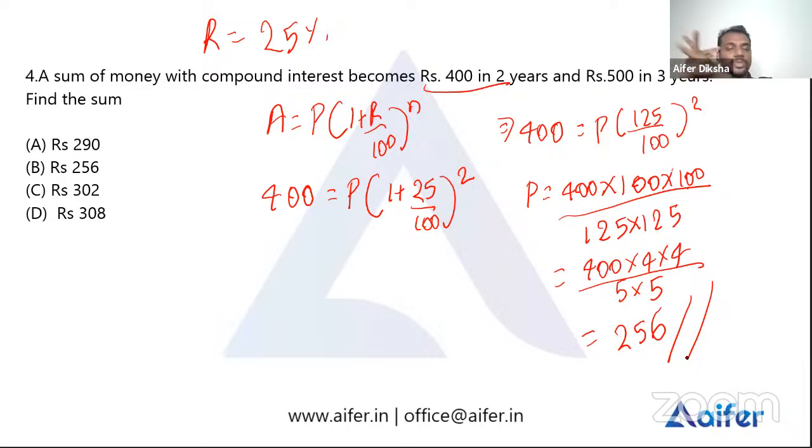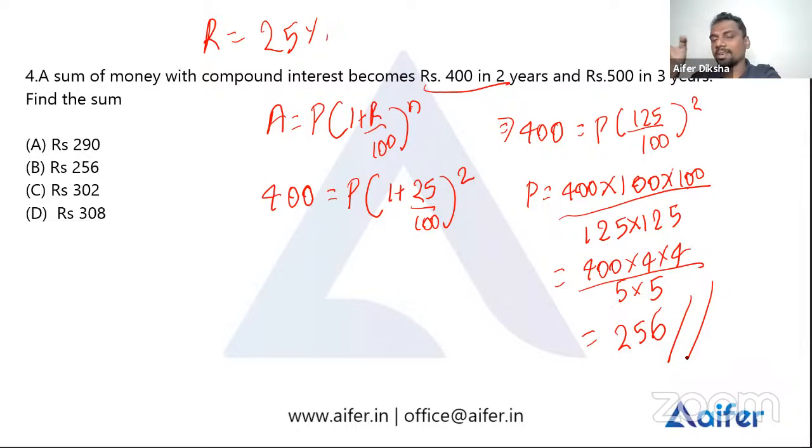In this question, it's given that a sum of money with compound interest becomes rupees 400 in 2 years and rupees 500 in 3 years. Find the sum is the question. So we have, it's given